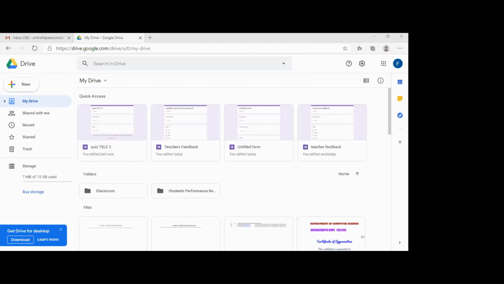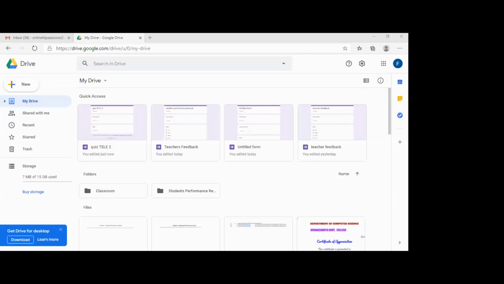What you are required to do is actually generate the certificate automatically. For that purpose, we have one add-on called Certify M. So you just have to make a quiz. I want students to appear for the quiz. This is the quiz I have already made.